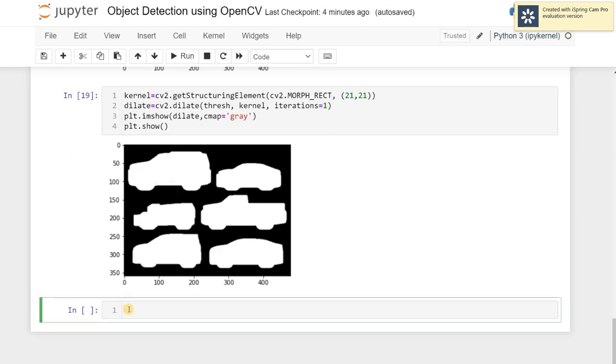so we can get these cars. Alright, now we will apply find contours using OpenCV, and we will get the contours of these cars. So let's get started. We can use cv2.findContours. Let me just correct this, and then we can set the dilated image that we got above, and then we need to